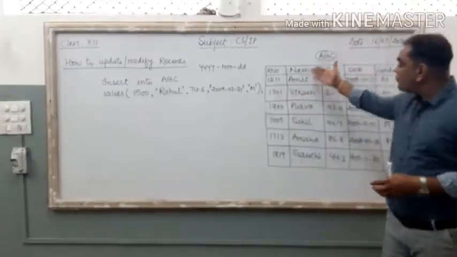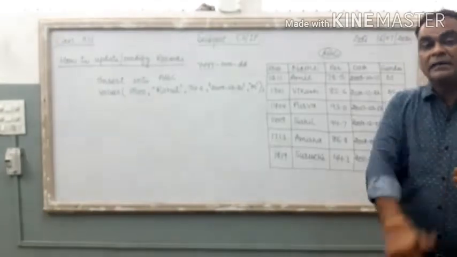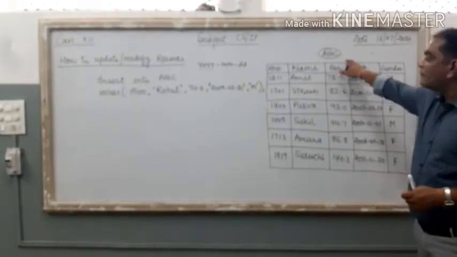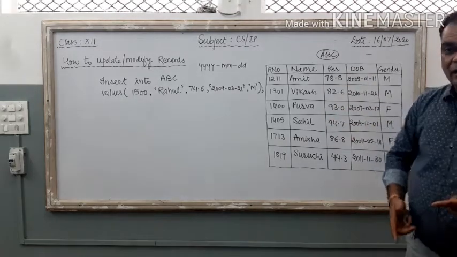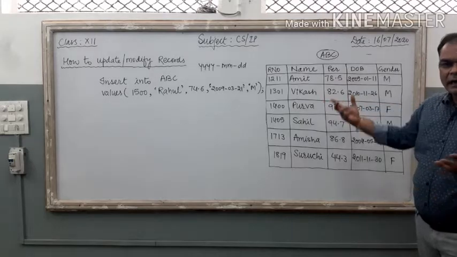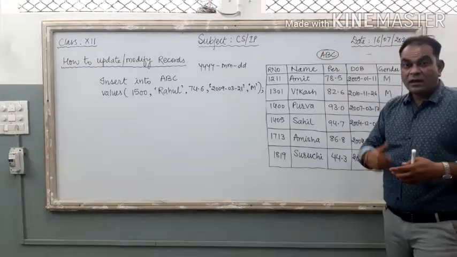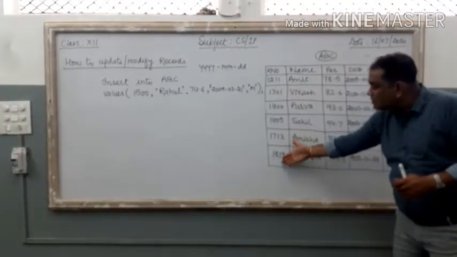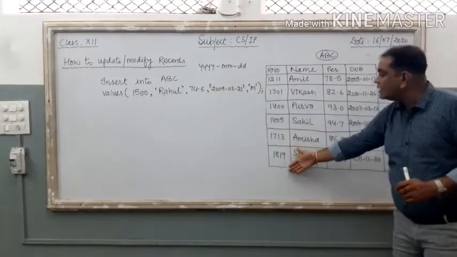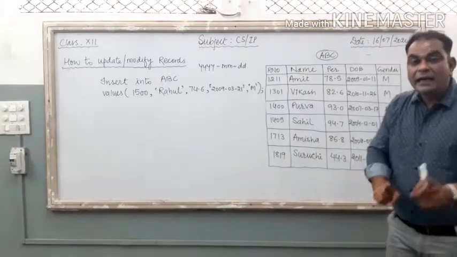Here, if you see the ABC table, the very first thing, if you want to get good marks in MySQL, once you see the table, try to calculate the degree of the table then and there. What is the degree of this table? Degree means the total number of columns. So 1, 2, 3, 4, 5. The degree of this table is 5. Cardinality, the second point. Cardinality means the total number of records or tuples inside the table. So the very first record, Amit, 1, 2, 3, 4, 5, 6. The cardinality of this table is 6.